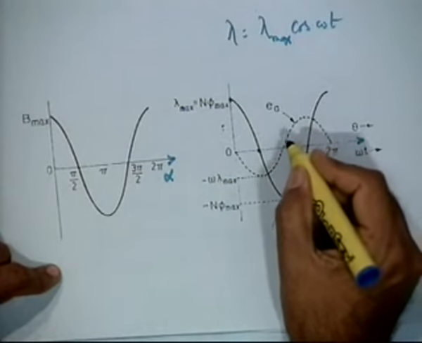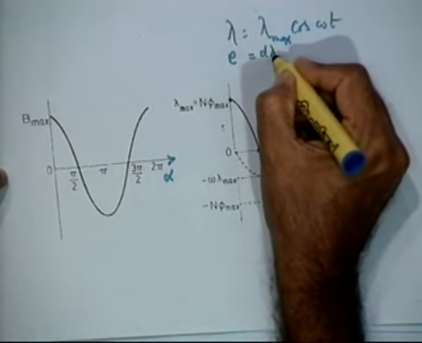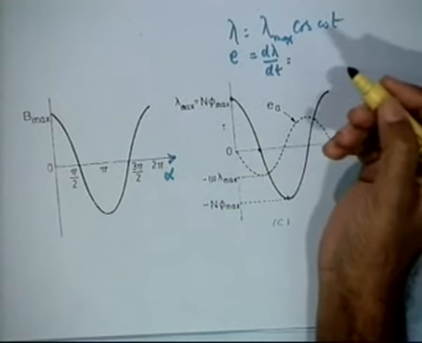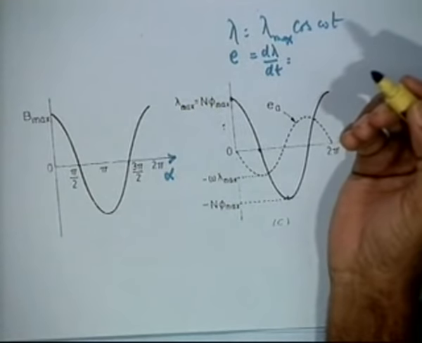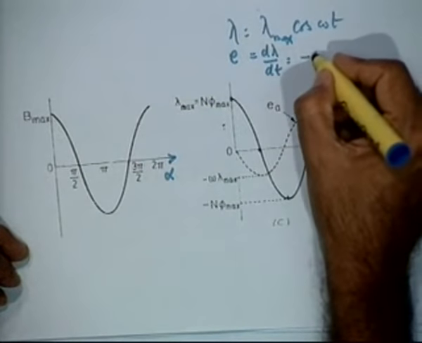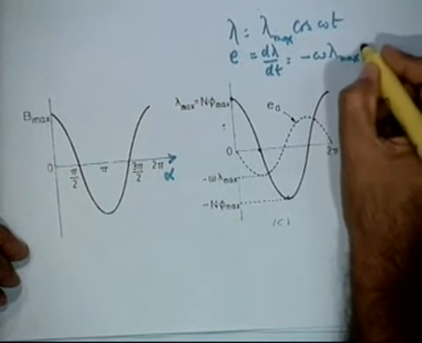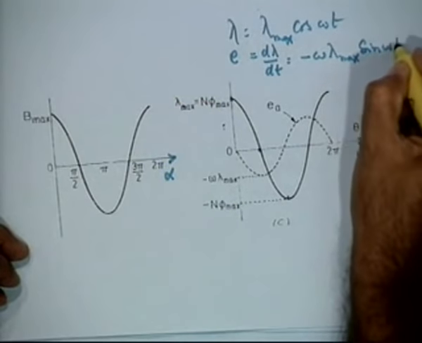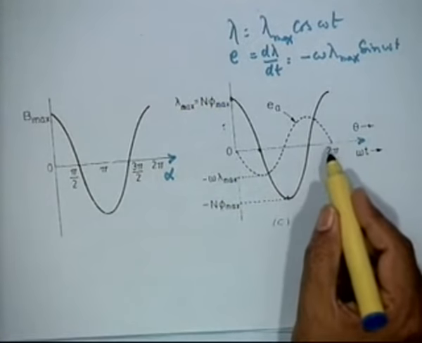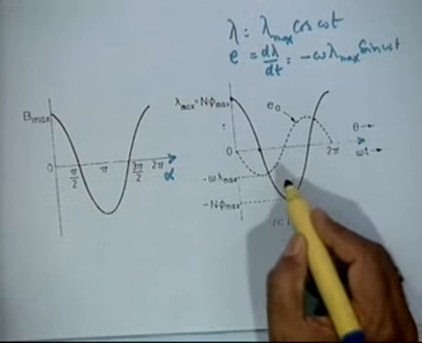What will be the voltage induced? E is equal to d lambda by dt, by Faraday's law, the change of flux linkage, which will be nothing but minus omega lambda max into sin omega t. We find that the E wave is a sine wave, but a negative sine wave,